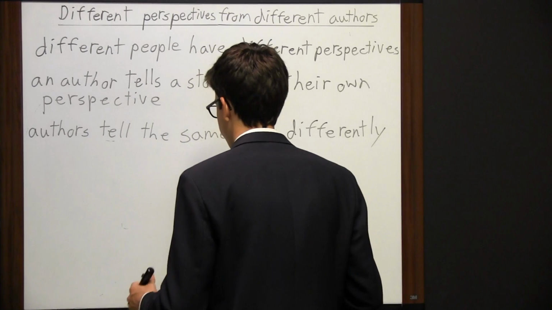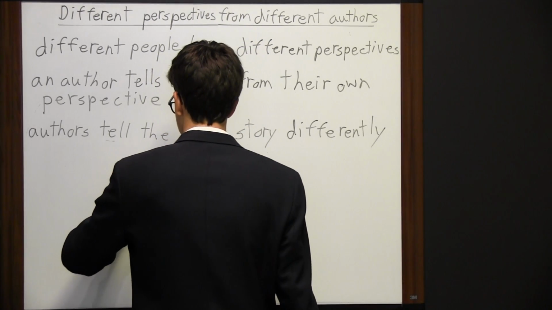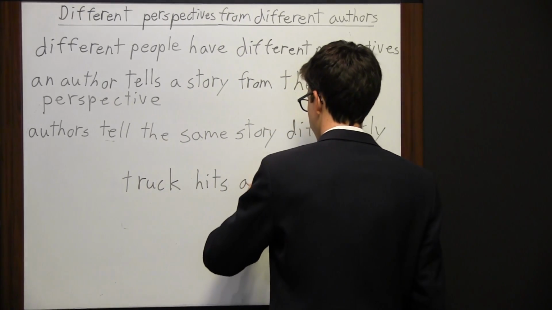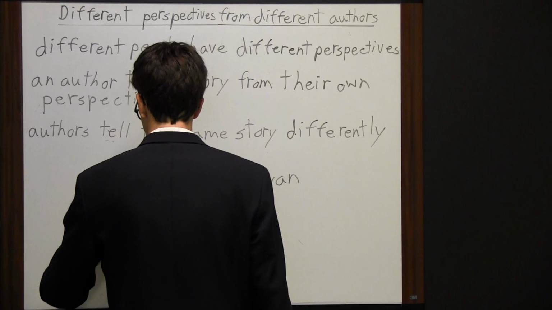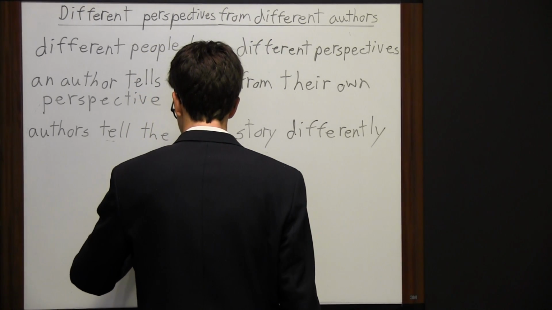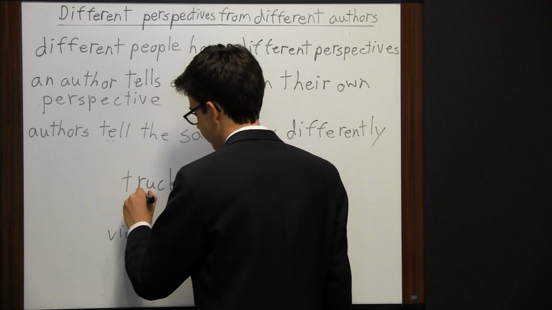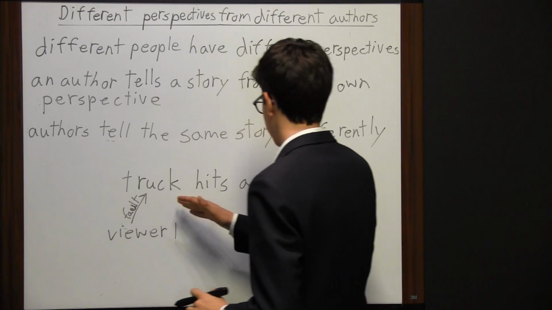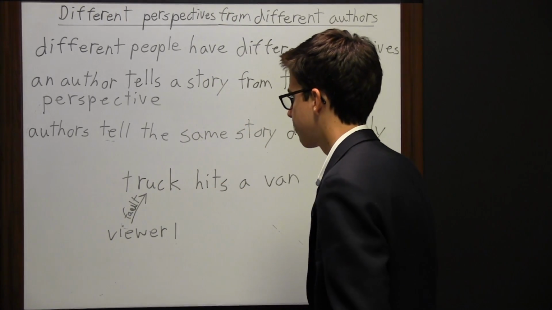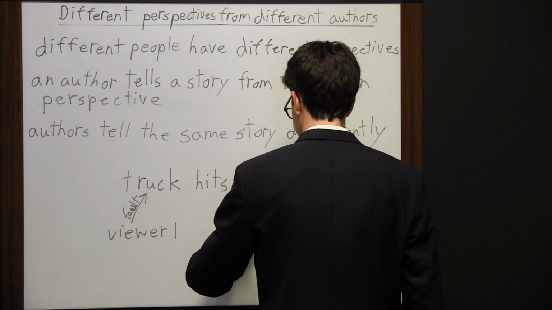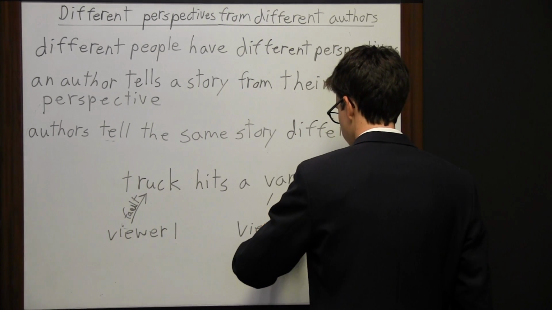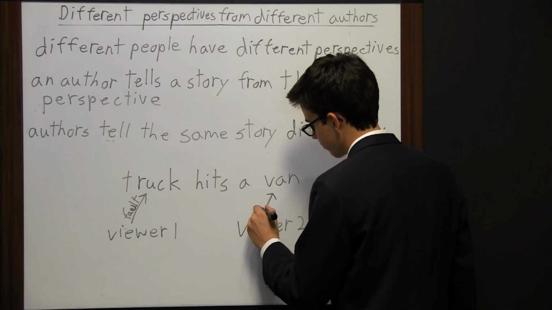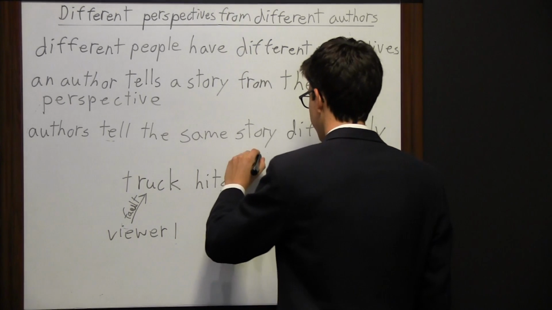Another example of this is, say, someone saw a car wreck happen. And so a truck hits a van. And so there's two viewers, and so viewer one sees the accident occur and says that the truck is at fault. So I'll draw an arrow right here and write fault. Because viewer one thinks the truck is at fault because they saw the truck hit the van. But then viewer two was paying more attention to detail. And he casts fault on the van because the van